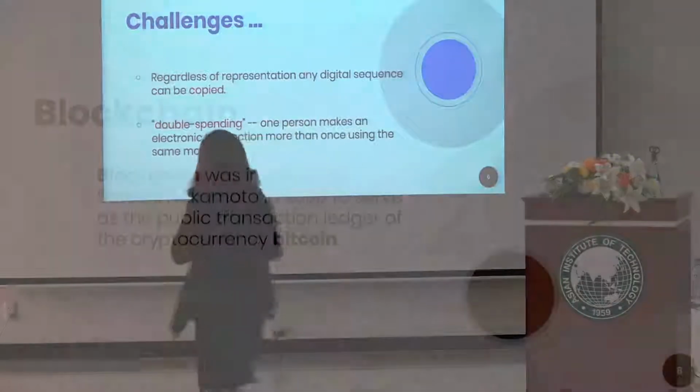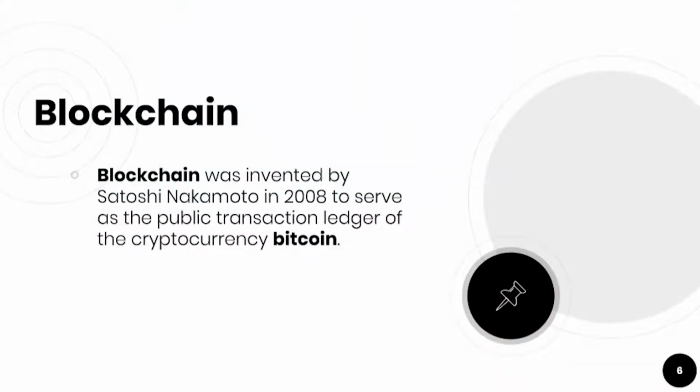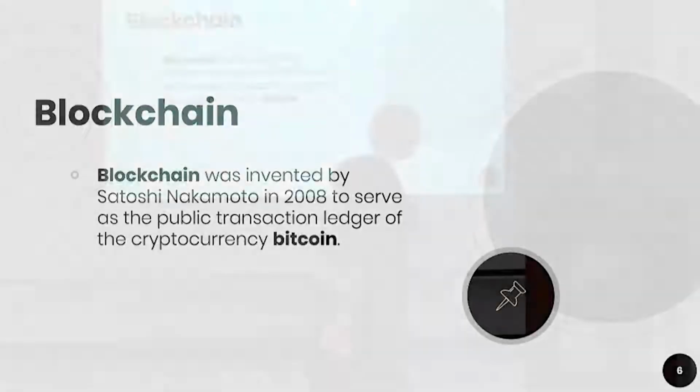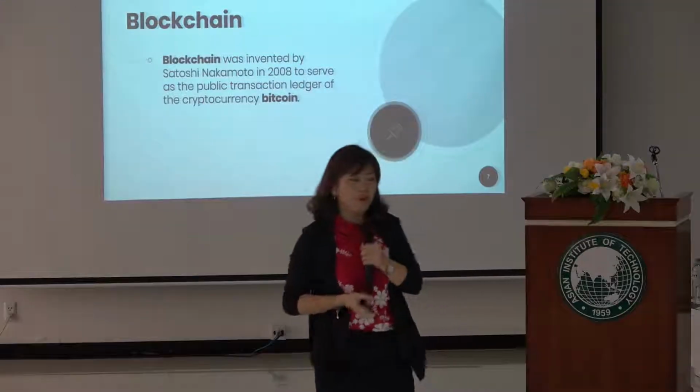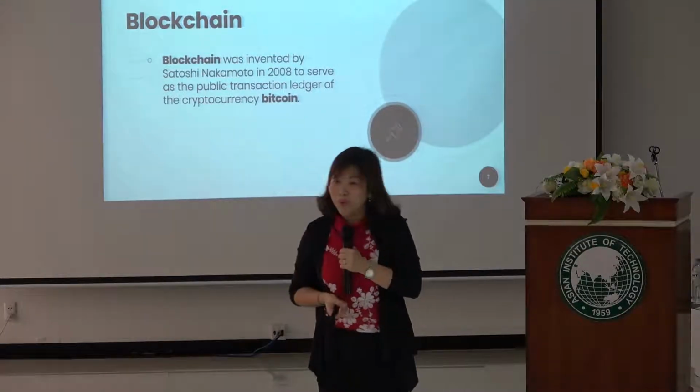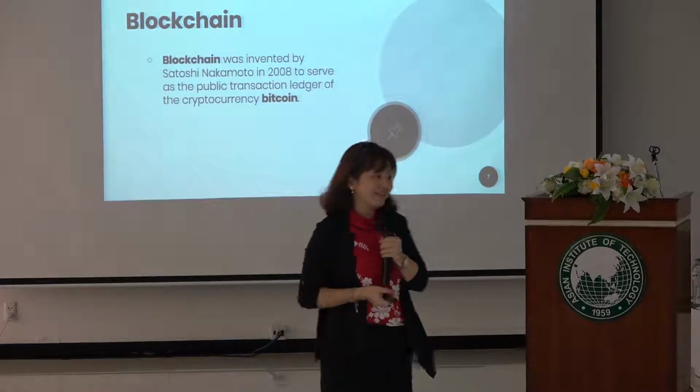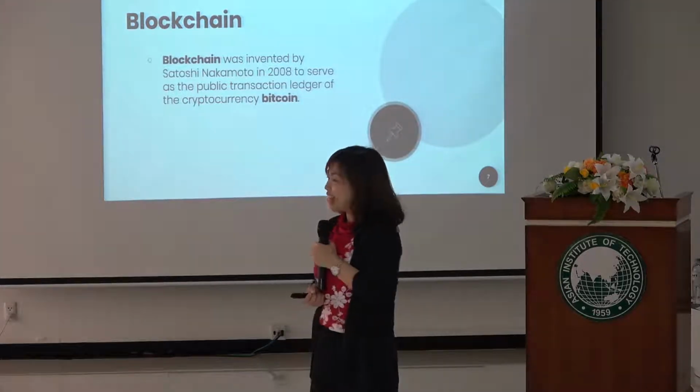Okay, so that is the thing. So blockchain, the origination of blockchain. Today is 2017, right? Oh, 2018. So it's already 10 years. It was conceptualized, invented in 2008 by a person called Satoshi Nakamoto. You know who he is? No, we don't know. It's a pseudonymous name, so we don't exactly know.